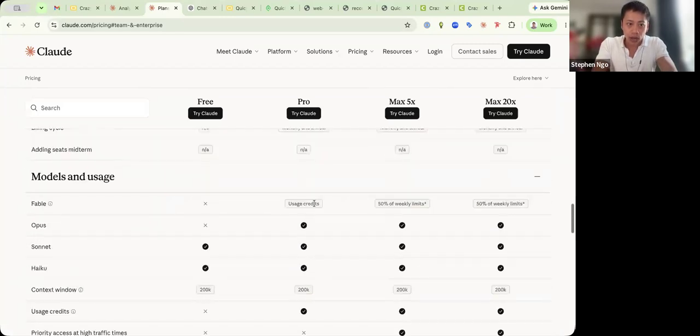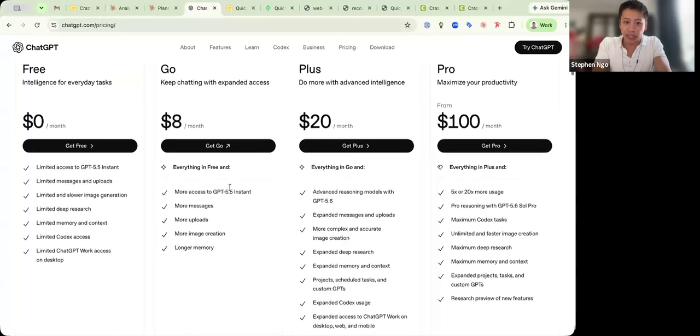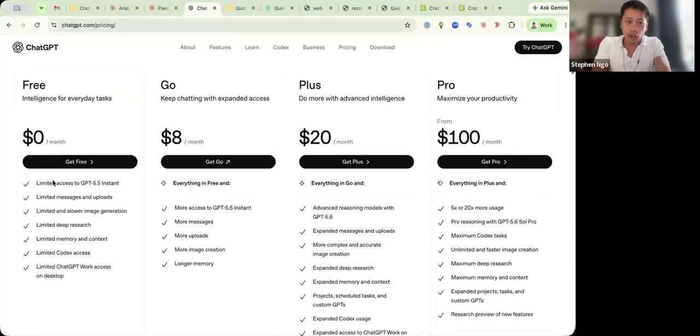let me show here. Yes. So the go-to reasoning model for Claude right now is Opus, and you'll see that Pro plans and above on Claude have access to Opus, but free plans don't. And so if you're only using a free plan, then you probably aren't using a reasoning model quite yet. Same thing with ChatGPT. If you're on the free or the Go plan, you have access to the instant model,